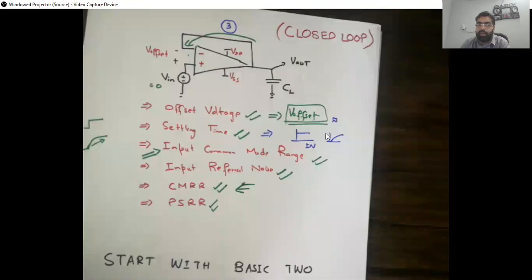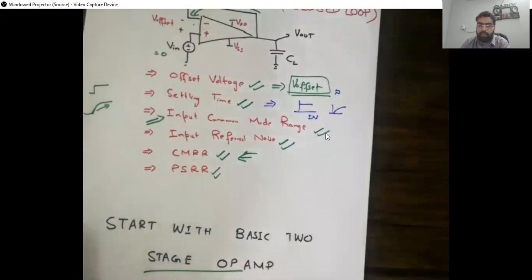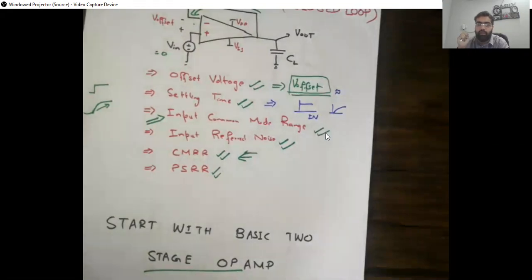You can find it. Input referred noise, the noise of a system, because we are not living in an ideal environment. These transistors have a lot of noises. Some noise is known as thermal noise, because of the movement of electrons and holes. Then there is 1/f noise, a frequency dependent noise, commonly known as flicker noise. That's also because of some physical phenomena present in the MOSFET. Then there are shot noise and pink noise. All of these noises are inherent to the transistors, or we can say inherent to our operational amplifier.